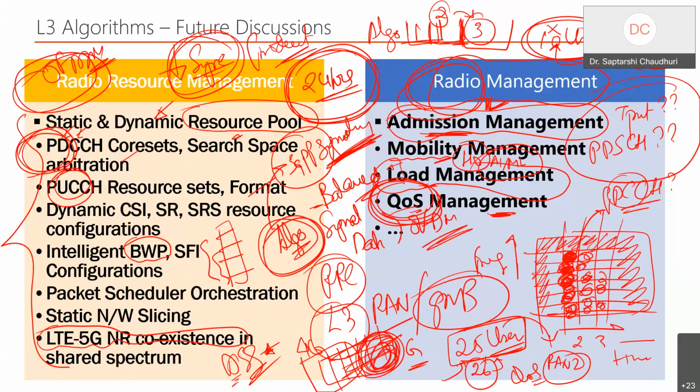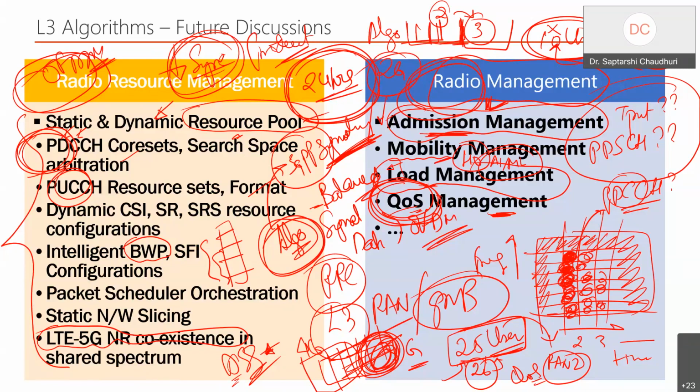And this is where thousands of papers have been written. It is a very old philosophy; radio management has been perfected by 3GPP since the 2G days. These are not new things, but every time the standard moves, some new things get added or we modify them, because of the need to handle high reliability and low latency in the network. So how do we do it if the network is already congested and a reliable service needs to be invoked?